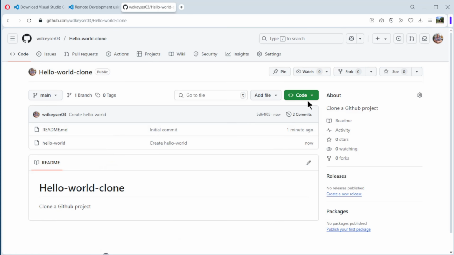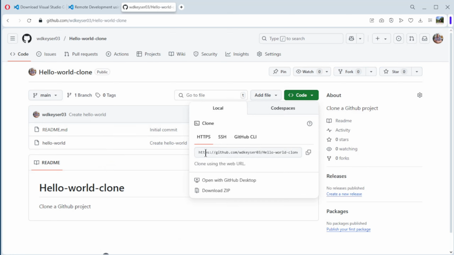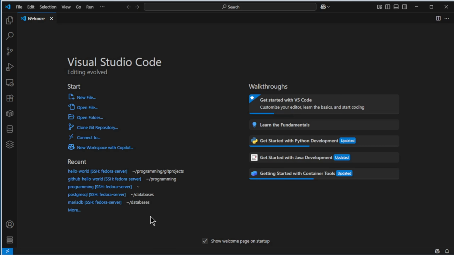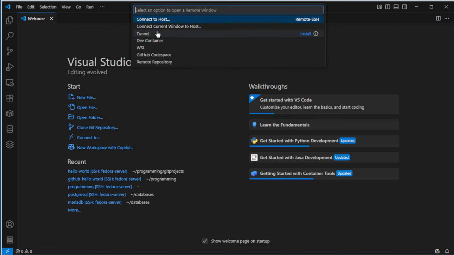Open it. Here you see code. You can open that, and we have here a URL from my project. I copy it to the clipboard. Click on it. Okay. Now we can go to Visual Studio Code. We open it. We do a remote connection, current window to host, to our Fedora server,